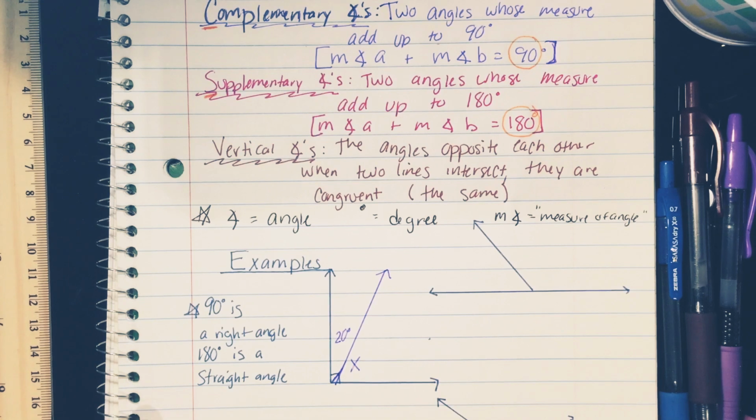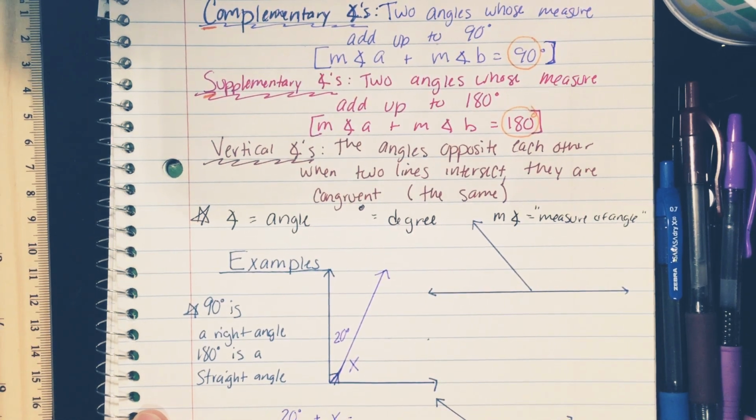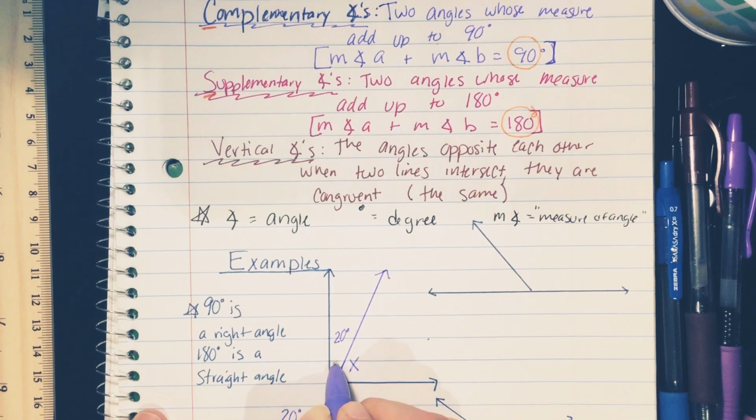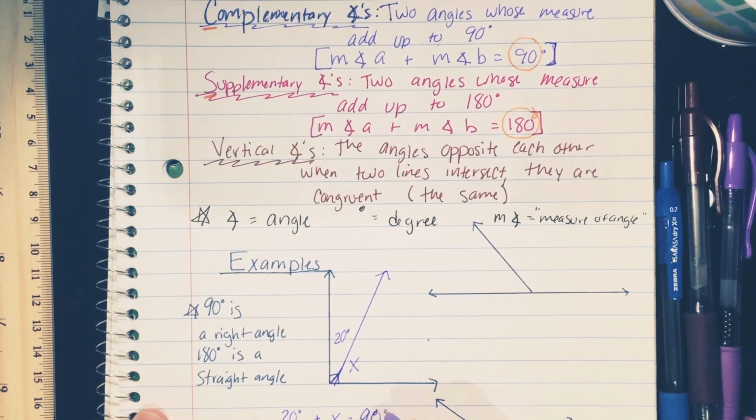Well, I can set up a one-step equation. So 20 degrees plus x equals what? Well, we know that this angle right here equals 90 degrees. And when I add these two angles up, they equal 90 degrees. Now I draw a line down the equal sign,